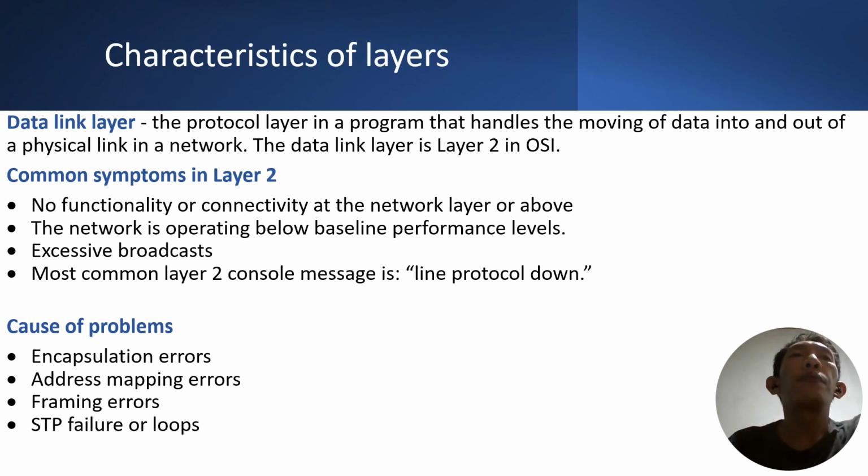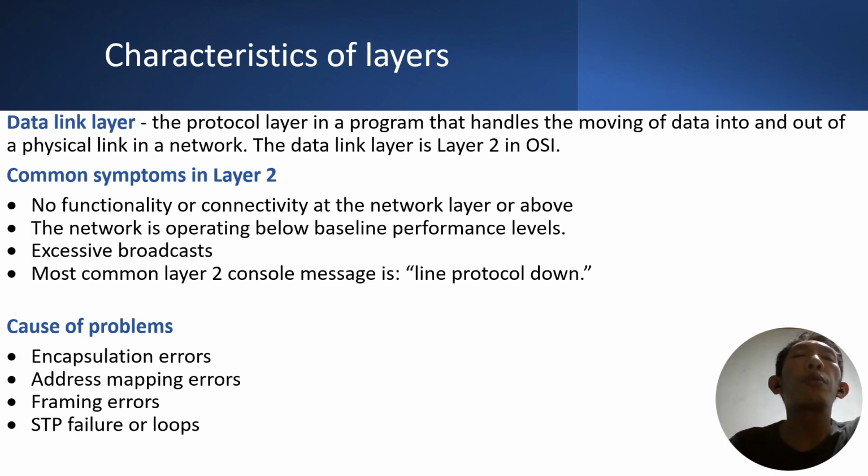Data link layer. The characteristic of this layer: it is the protocol layer in a program that handles the moving of data into and out of a physical layer in a network. The data link layer is layer 2 in OSI. Common symptoms in layer 2: non-functionality or no connectivity at the network layer or above. The network is operating below baseline performance level. Excessive broadcasts. The most common layer 2 console message is line protocol down. Causes of these problems: encapsulation errors, address mapping errors, framing errors,